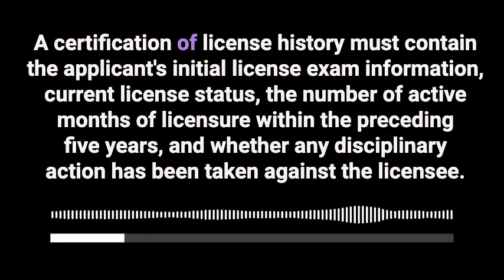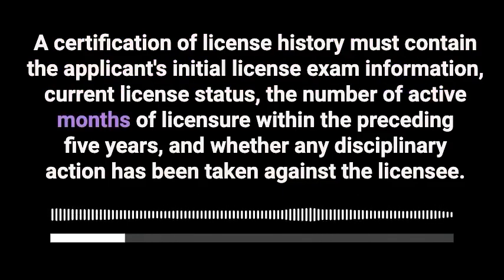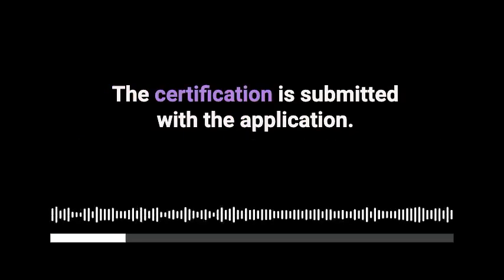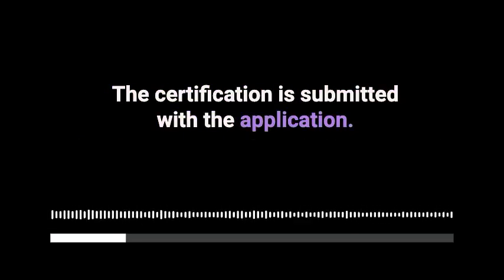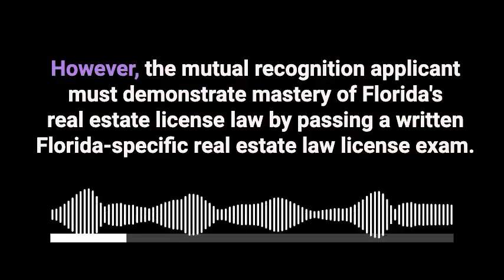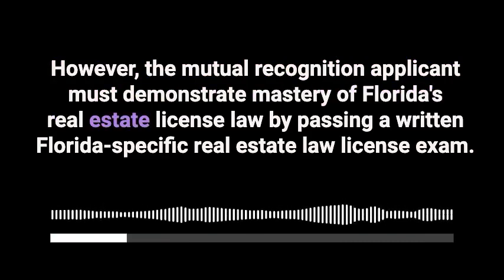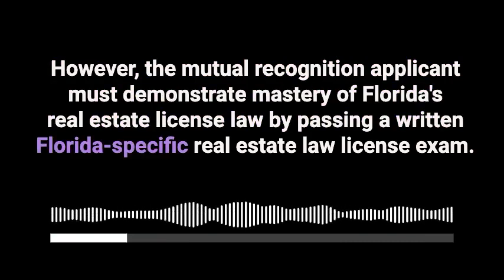A certification of license history must contain the applicant's initial license exam information, current license status, the number of active months of licensure within the preceding 5 years, and whether any disciplinary action has been taken against the licensee. The certification is submitted with the application. Real estate applicants approved for licensure under mutual recognition are exempt from the pre-license education course. However, the mutual recognition applicant must demonstrate mastery of Florida's real estate license law by passing a written Florida-specific real